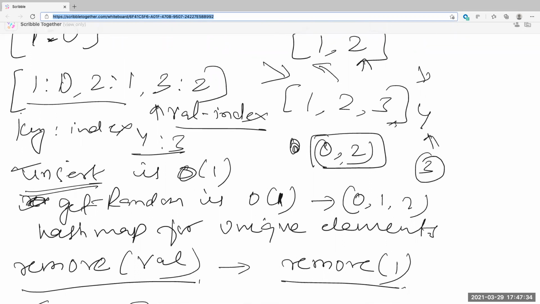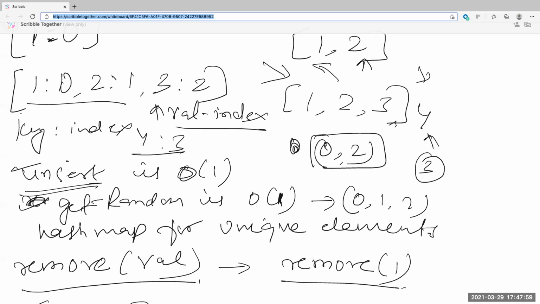Oh, okay. So yeah, I was also going to have a map of the value and the indices, because that's going to help me in my lookup basically by that value. And I was thinking of having an array list instead of an array, just so that I can access random faster.